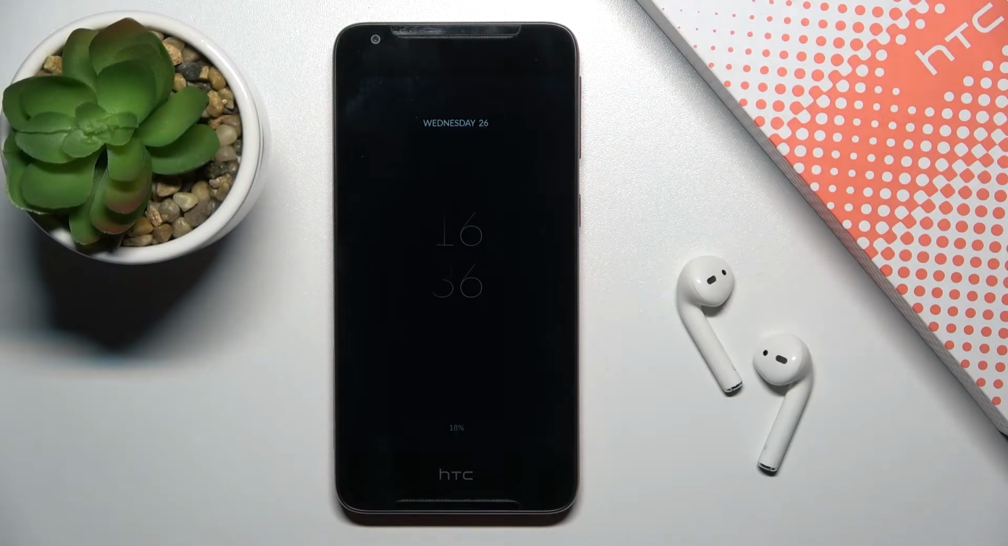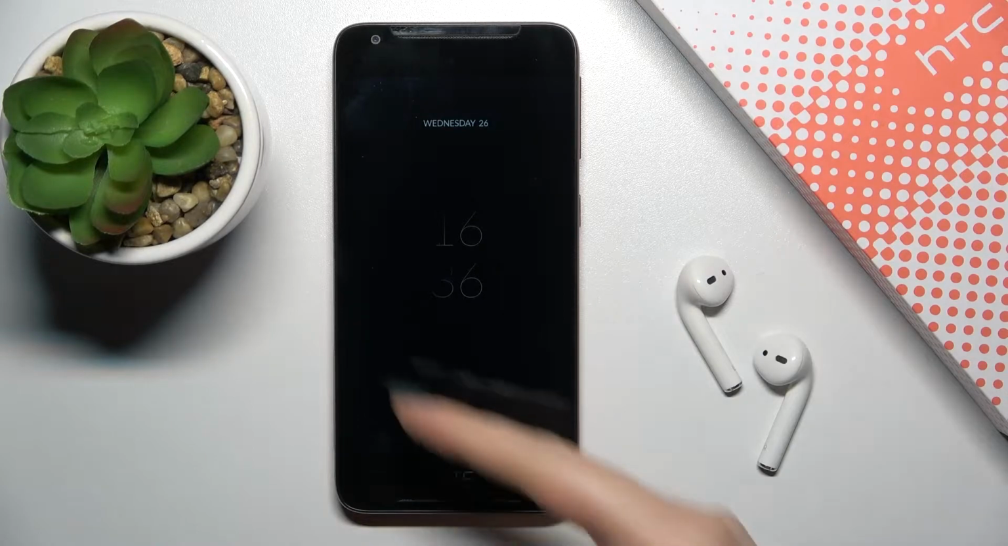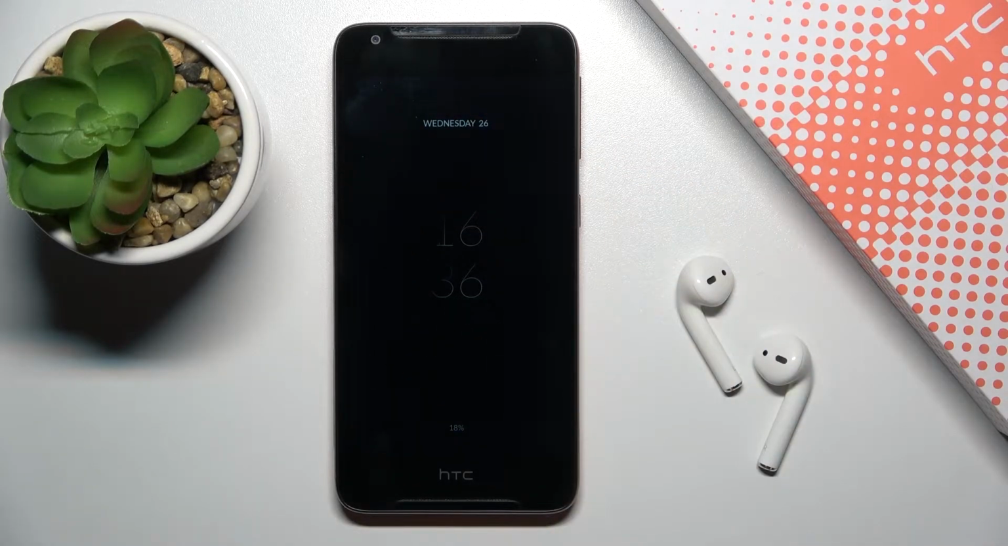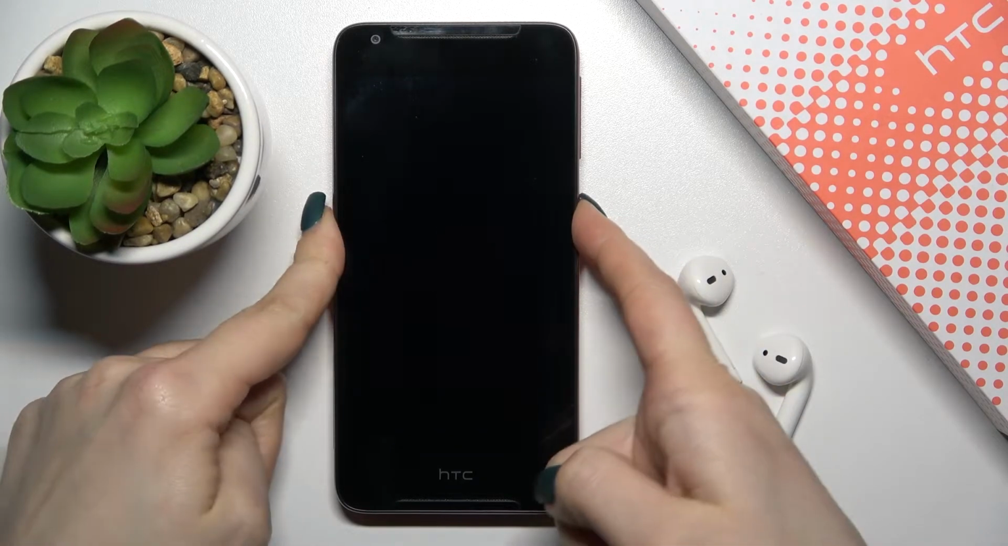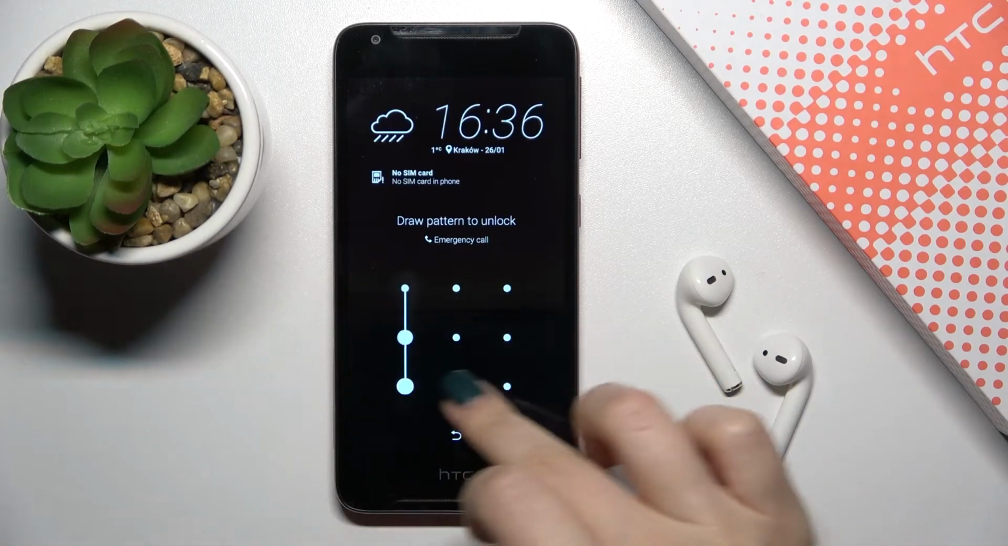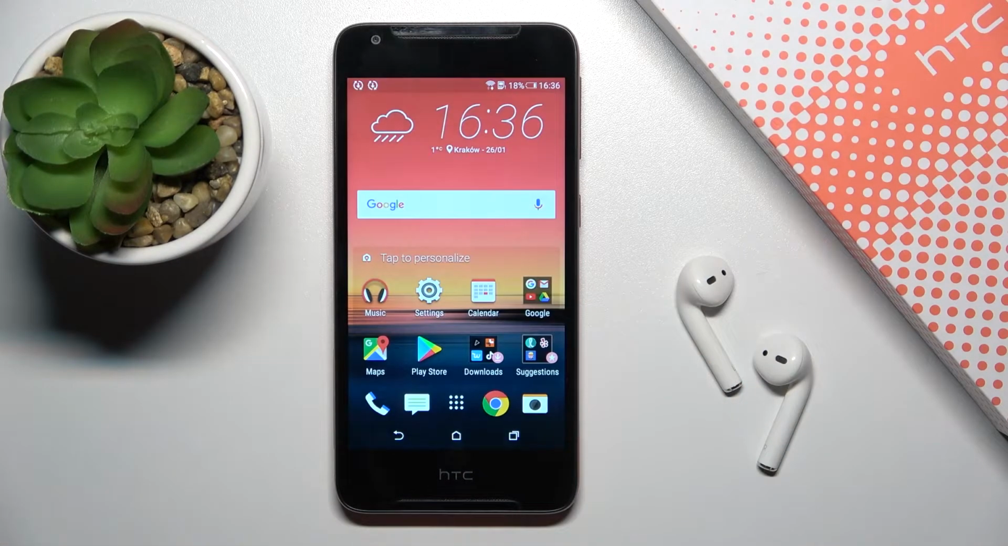Welcome. In front of me is the HTC Desire 628, and I'll show you how to turn off the always on display feature on this device in the Muviz Edge application. So first, we should just unlock the device, and now